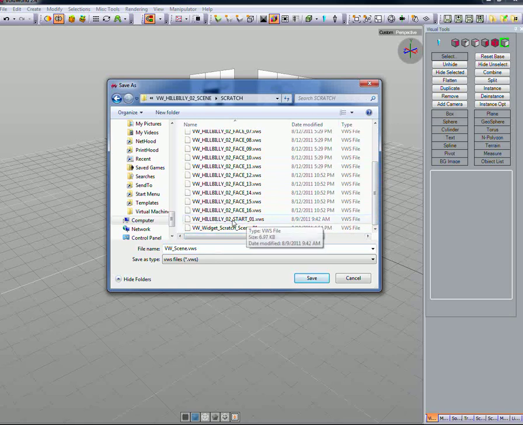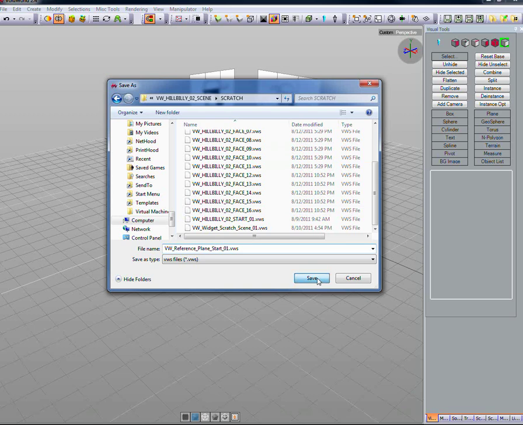VW Reference Plane Start. And I like to put a 01 at the end. That way you can just use the save incrementally in the future and it will go up with the various revisions that you do to it each time. And then click Save. And like I told you, we need to create at least one or two backups of this. And the simplest way to do that is to go to File and go to where it says Save